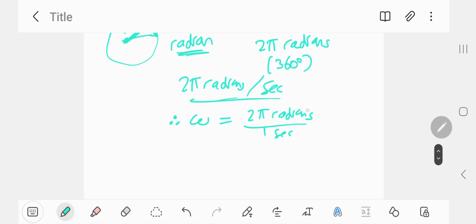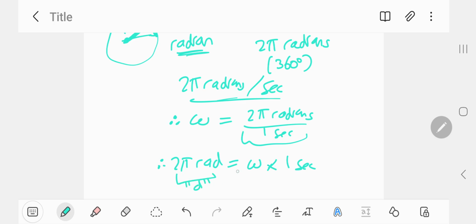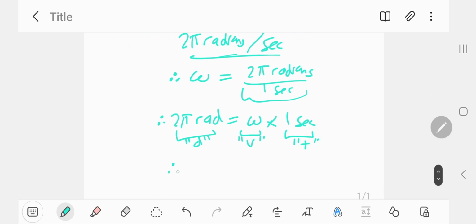Okay, distance traveled in 1 second is this. Right, so therefore 2 pi radians, also written as rad for short, is omega times 1 second. Okay, this is d for distance, that's the distance traveled. Omega is like the velocity, the speed. Second, that's a measure of time. Okay, so therefore,